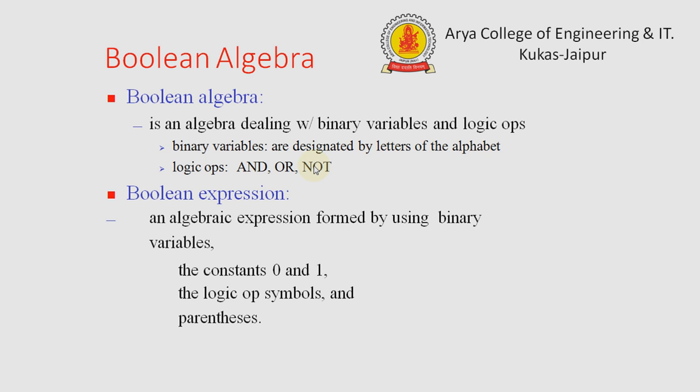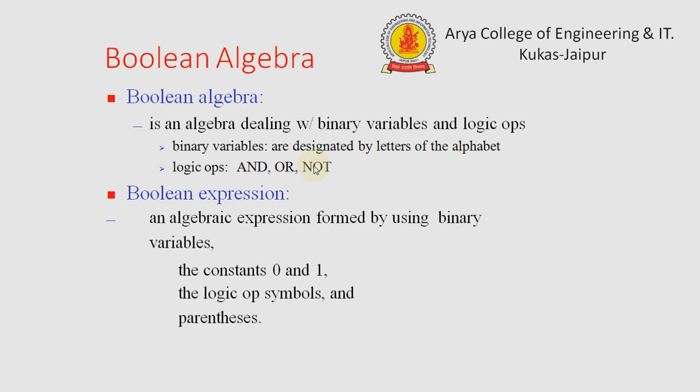Today we are studying Boolean algebra. In previous video lectures we studied the number system, number system conversion, then binary arithmetic with addition, subtraction, division, and after that error correcting codes. And then we studied the basic gates and universal gates, and through universal gates the conversion of basic gates. Now we are studying Boolean algebra.